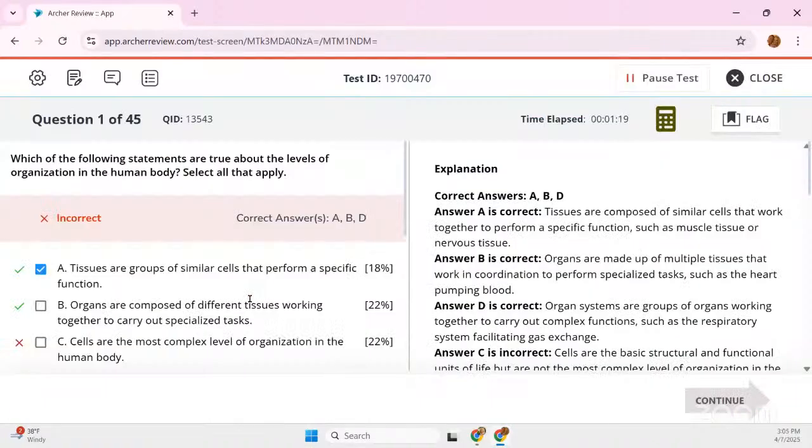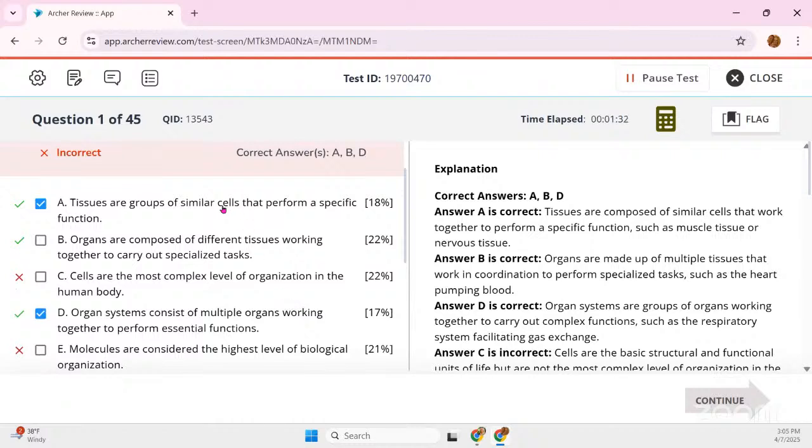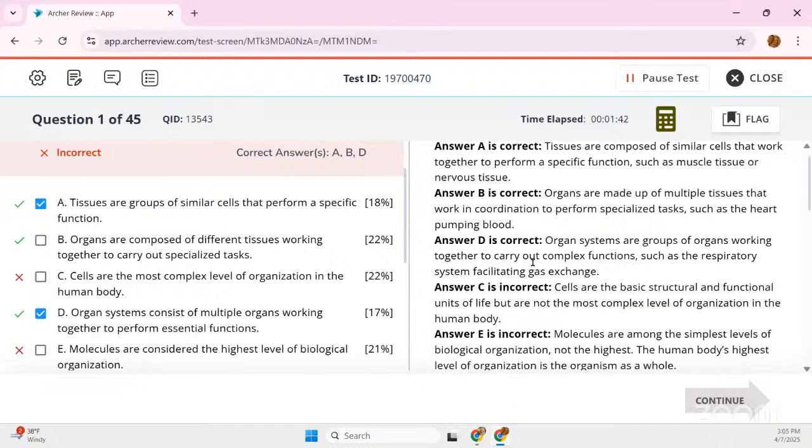So notice that we have our questions here. We have what we did get correct. We have what we're missing, that sort of thing. So the correct answers were A, B, and D. I only chose A and D. You see that? And then it explains to us why the correct answers are the correct answers, what's wrong with